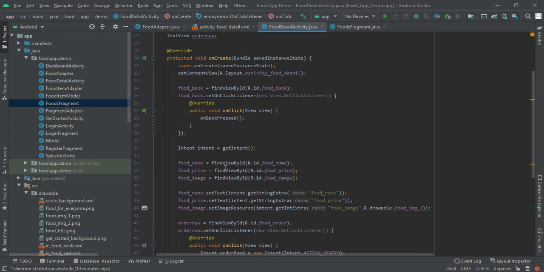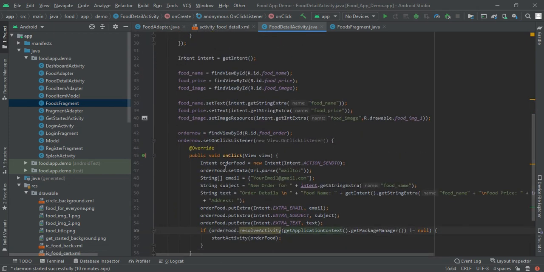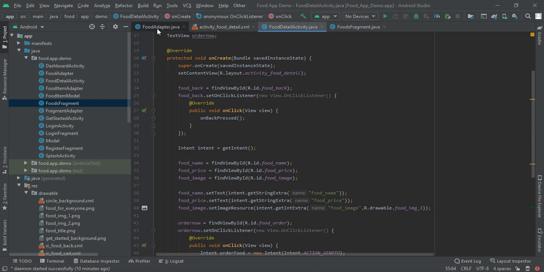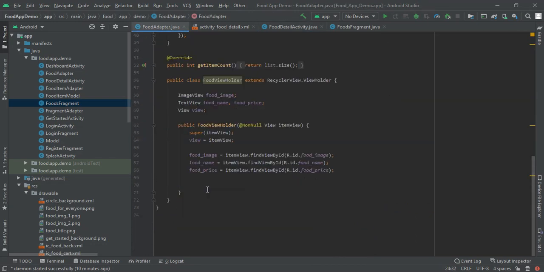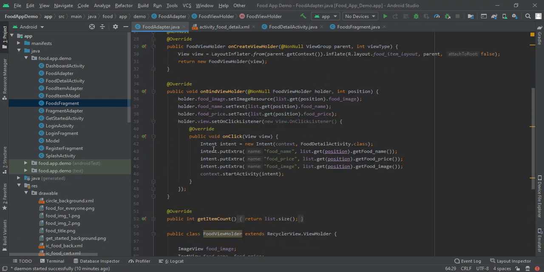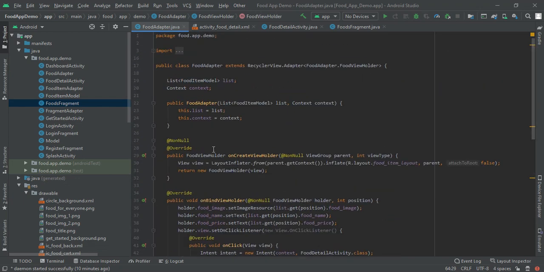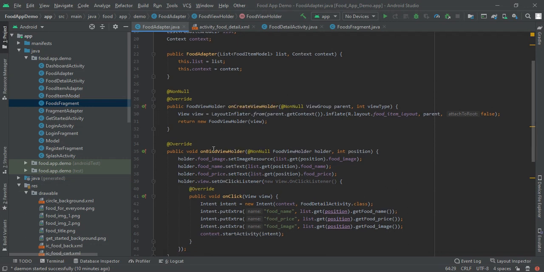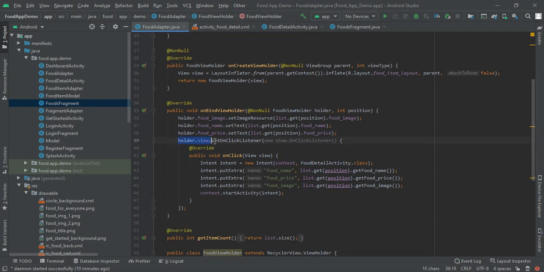Next, we have to move down in our adapter, and you will find our view holder. Create a new view, and set it equal to item view. Now in onBindViewHolder, we have to write holder.view.